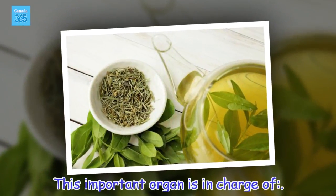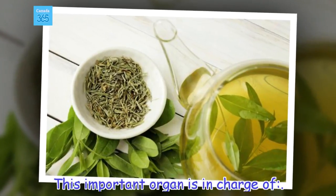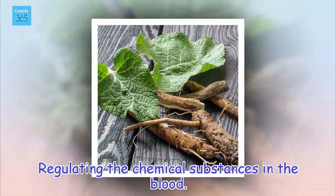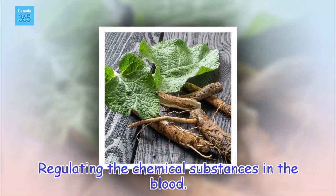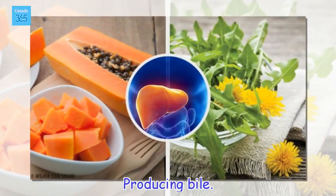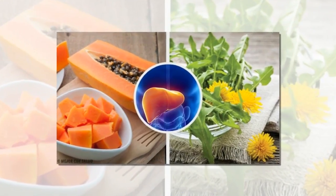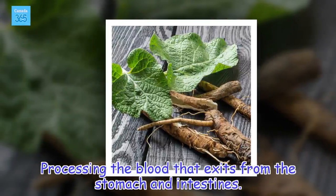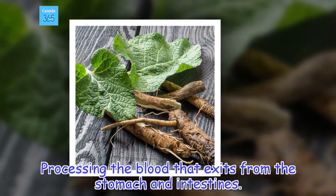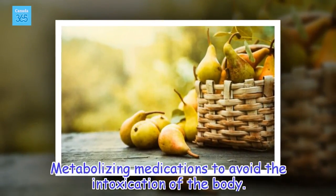This important organ is in charge of regulating the chemical substances in the blood, producing bile, processing the blood that exits from the stomach and intestines, metabolizing medications to avoid the intoxication of the body,